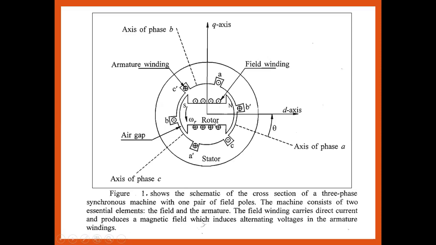It should produce the AC voltage in the armature winding. In this case the stator should work as the armature, and the rotor should work as the field winding. Okay, having one pole is used. Now what is nothing but